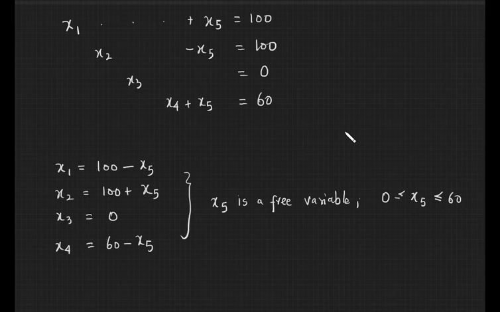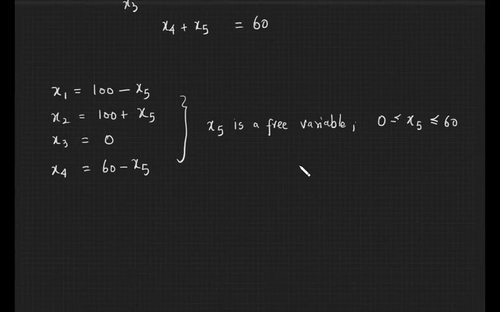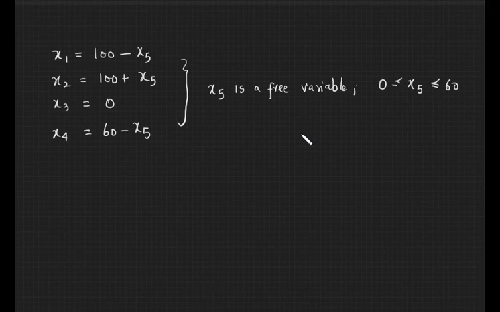Now the other thing which we need to determine in this problem is when the traffic along this track, where the value of x4 needs to be obtained, if x4 is equal to 0, then what would be the general traffic flow pattern? If x4 is equal to 0, what would be the value of x5? Definitely we will solve this equation. 0 is equal to 60 minus x5, and x5 is equal to 60.